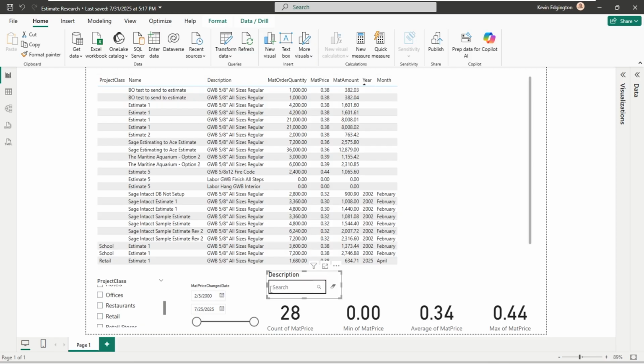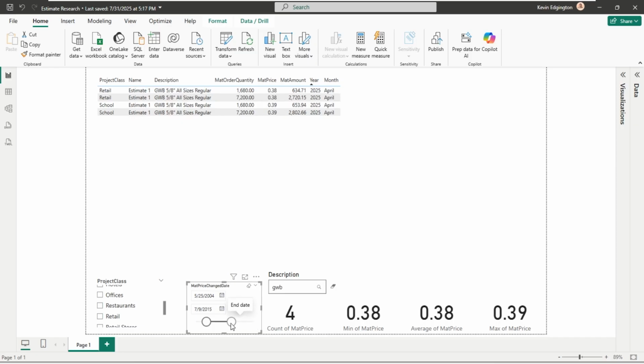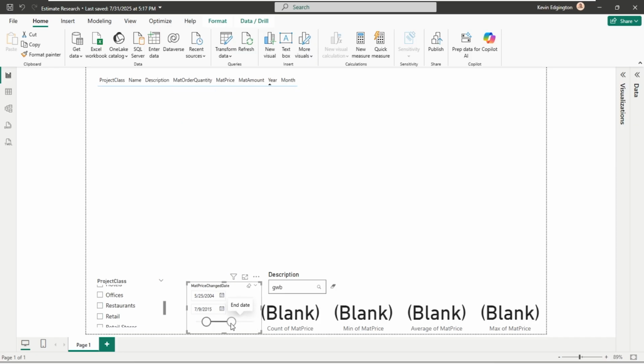Very powerful and very easy for someone to build something like this yourself. So this is one of the things that's kind of interesting about Power BI is the fact that each one of these little slicers can actually go back and work with some grouping of that data, all kind of interact with each other. So that way, like date range, I could slide the slider here. So I could say, well, I want to see only things from 2004 through 2015, which I probably don't have any. Maybe I'll go a little wider.